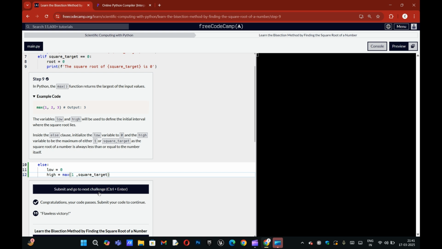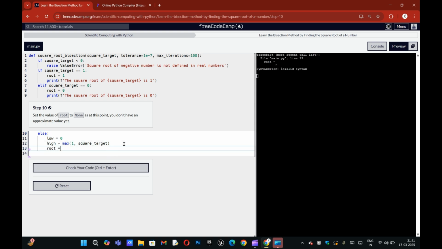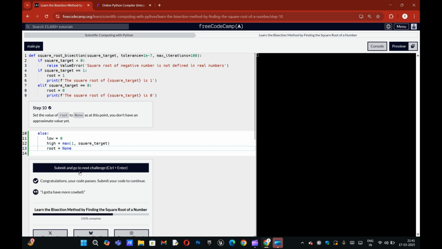I didn't have to put the or, so just put a comma. And there you have to set the root to none because there is no root right now. We didn't figure it out yet.